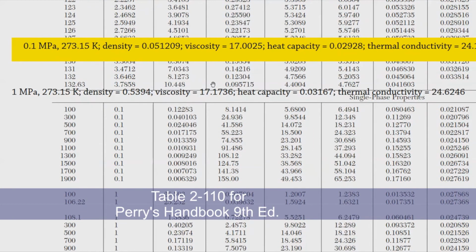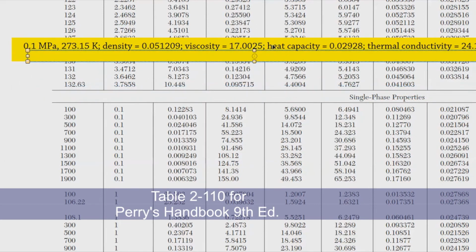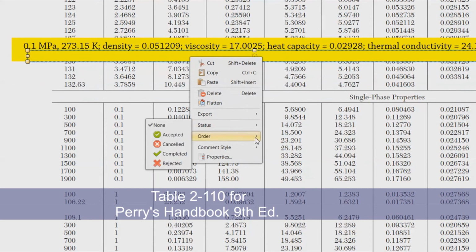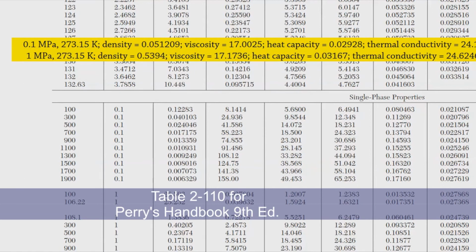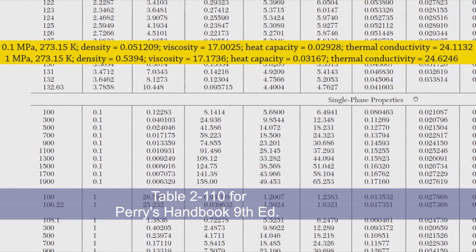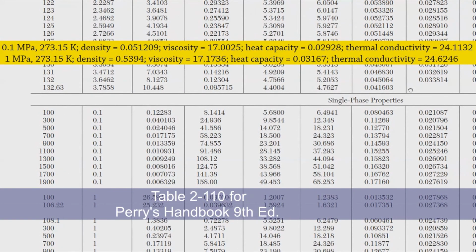So I've already interpolated all of these, and these are the values I obtained for density, viscosity, heat capacity, and thermal conductivity. You might also want to do it. Since I'll be doing a double interpolation, I also need to interpolate again on another pressure, and then interpolate again through these values using 0.1 megapascal and 1, wherein the pressure would be 0.101325. So using these values that I've obtained, you might also want to interpolate as well. So with that,